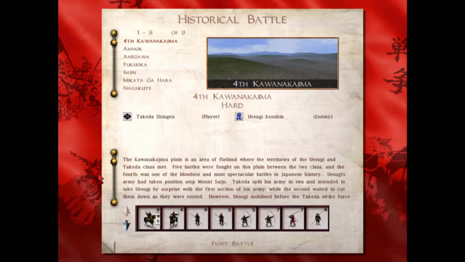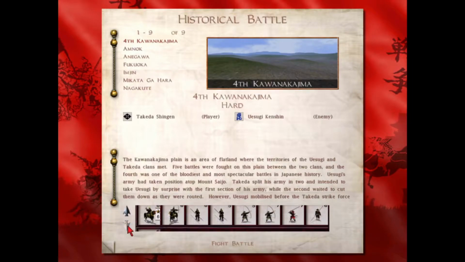Uesugi's army had taken position atop Mount Saijo. Takeda split his army in 2 and intended to take Uesugi by surprise with the first section of his army, while the second waited to cut them down as they were routed. However, Uesugi mobilized before the Takeda strike force...